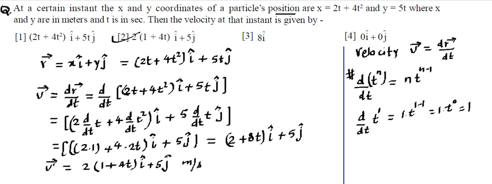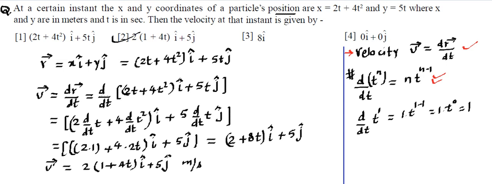So in this particular example, what we have learned is that the velocity is dr by dt, rate of change of position with respect to time. This we will be learning in the kinematics chapter. We will be defining how the velocity is defined and how we are using it. Now, an important point that is used over here is differentiation and this formula. If you have understood, that's great. If you have any problem, then just wait for the upcoming lectures. You will be learning the differentiation and velocity.